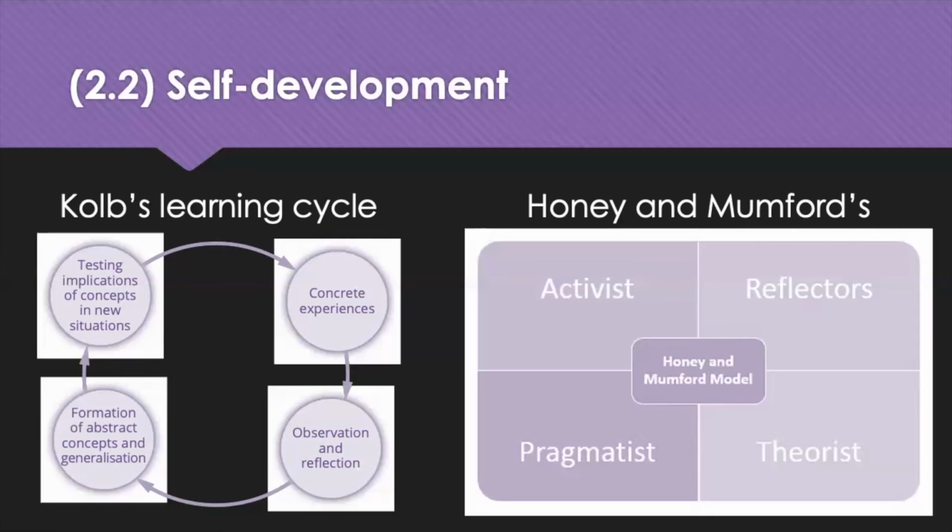Then the law of effect, the trial and error. This came from a writer called Thorndike. He watched animals in new situations and noted that they learned to adapt successfully to new environments, and that was through trial and error. But the cognitive approaches to learning is firstly the Kolb learning cycle, which is about reflective learning,